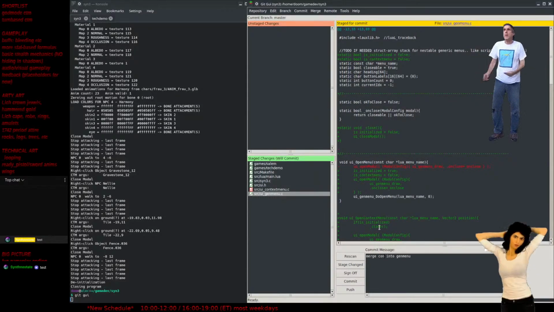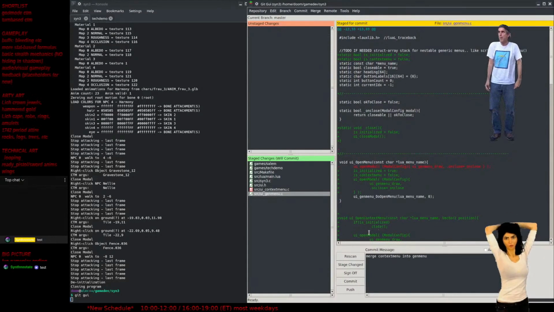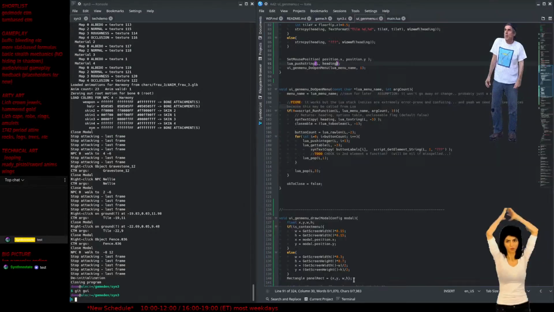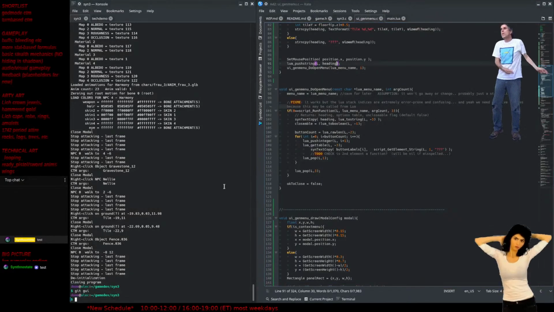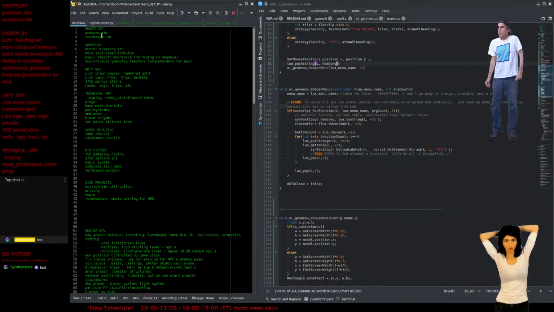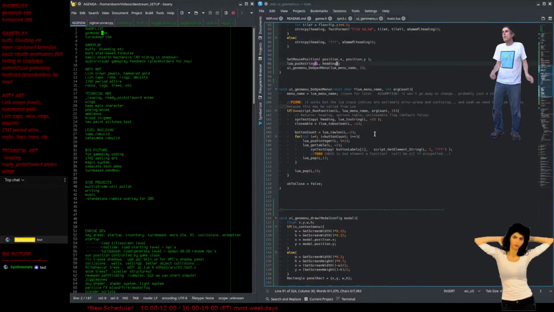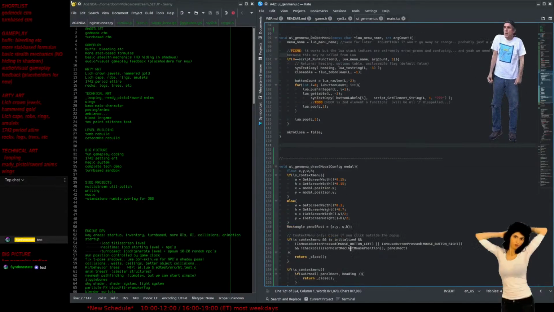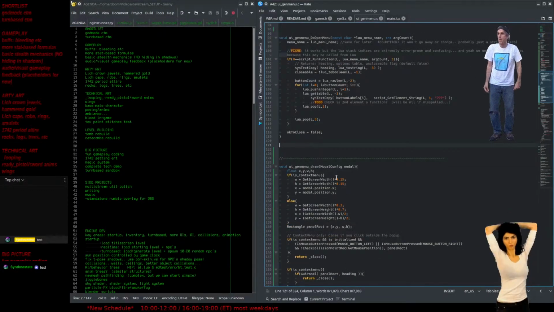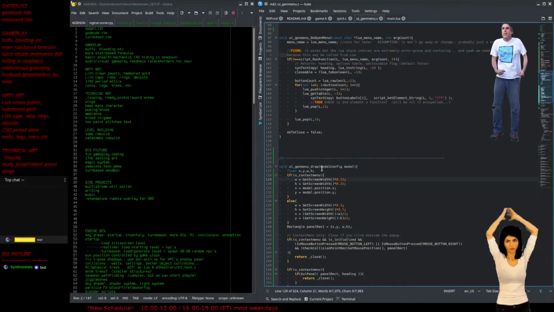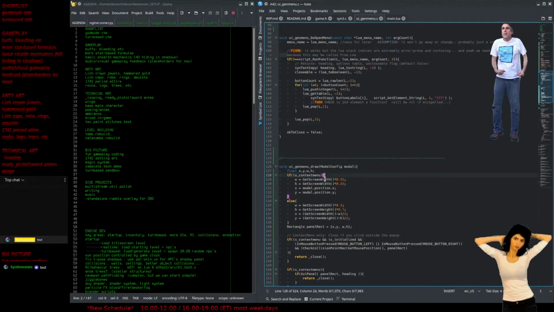Context. So now we got this one nice generic menu done in Lua. Oh, and then we just have to, now that we've got these merged, we can actually compute